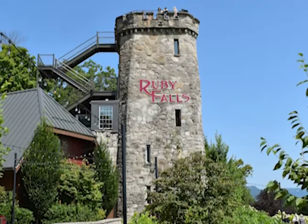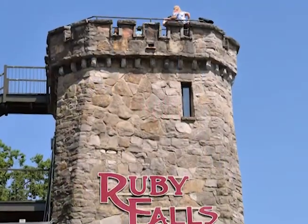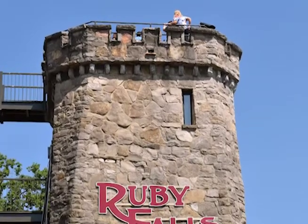Another thing to definitely do when you get to Ruby Falls, and your admission ticket for whatever tour you take will get you this, is go up to the top of the castle. The castle itself is a very neat story, and I talk a little more about it in my written blog, which is linked below. But the top of that castle is a lookout